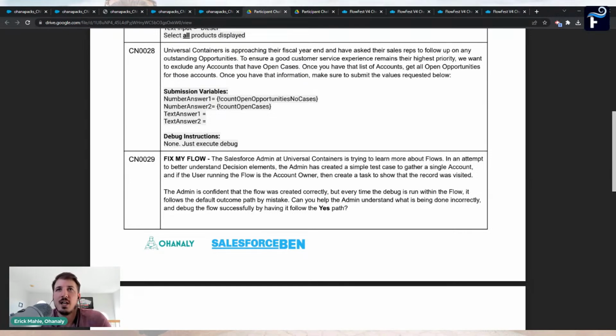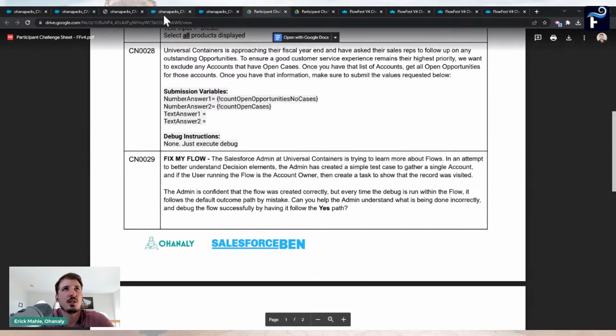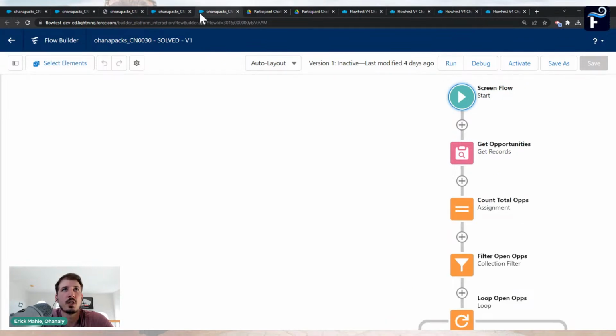So the Salesforce admin at Universal Containers is trying to learn more about flows. In an attempt to better understand the decision elements, the admin has created a simple test case to get a single account, and if the user running the flow is the account owner, then create a task to show that the record was visited. The admin is confident that the flow was created correctly, but every time the debug is run within the flow, it follows the default outcome path by mistake. Can you help the admin understand what is being done incorrectly and debug the flow successfully by having it follow the yes path? Now, the challenge here, and it is already solved in this particular case,